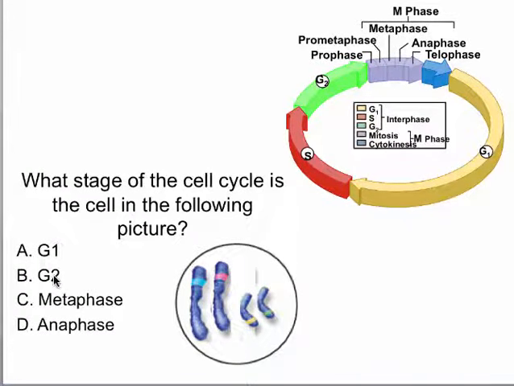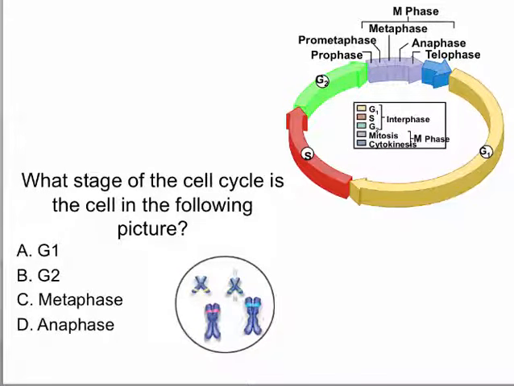A cell in the G2 phase will be after the synthesis, so you will expect that it has already doubled its DNA. So if it were in the G2 phase, it would need to have double DNA. And if it's in metaphase, then not only will the chromosomes be doubled, but they will also be attached to each other. And in anaphase, they will already be separated, but you will see that the cell still has twice as many chromosomes.